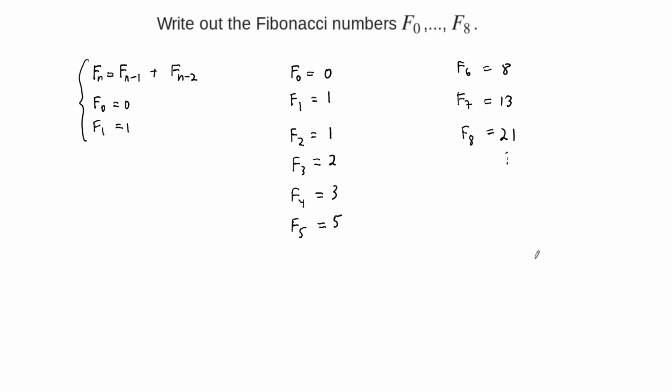So let's write down these in kind of set notation. Remember, a sequence can be thought of as an ordered set of numbers, so an ordered list, we might say. So in that notation, the Fibonacci sequence is given by the sequence 0, 1, 1, 2, 3, 5, 8, 13, 21, and then now you can see it's going to go 34, 55, etc. So that'll just continue. But for this one, we just wanted to write down up through f8,